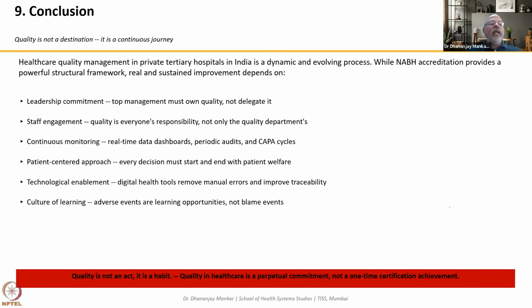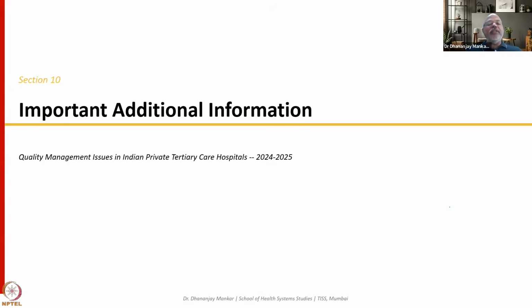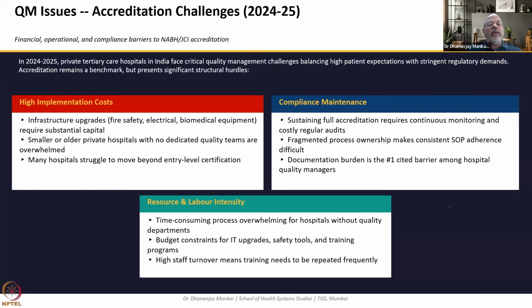So with this, I come to an end of the important additional information on quality management issues in Indian private hospitals. We need to take note that Indian hospitals should come up with accreditation. They need to be very proactive in adopting at least NABH, and slowly, if they are getting clientele of international patients with the lot of medical tourism going on in our country. With respect to the cost, because quality also has a cost. Okay, so they need to go with accreditation.